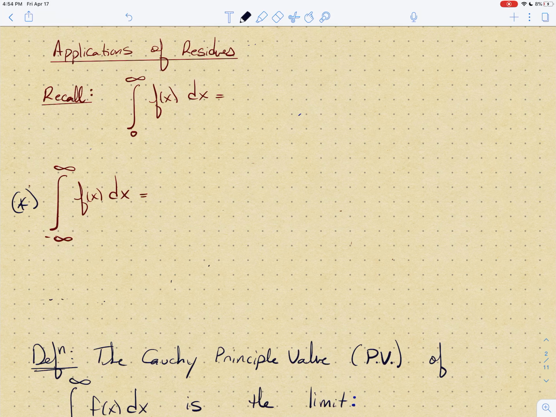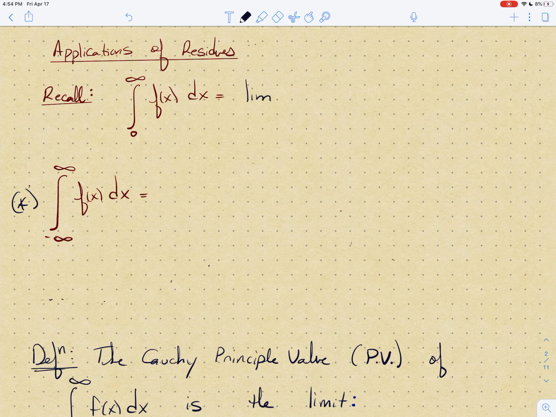I think we're ready to discuss the applications of residues now. So I want to take you back to the good old days back in Calc 2. You were probably in 217 when you saw this. And you talked about improper integrals. And so remember, the integral from 0 to infinity of f of x dx is defined as a